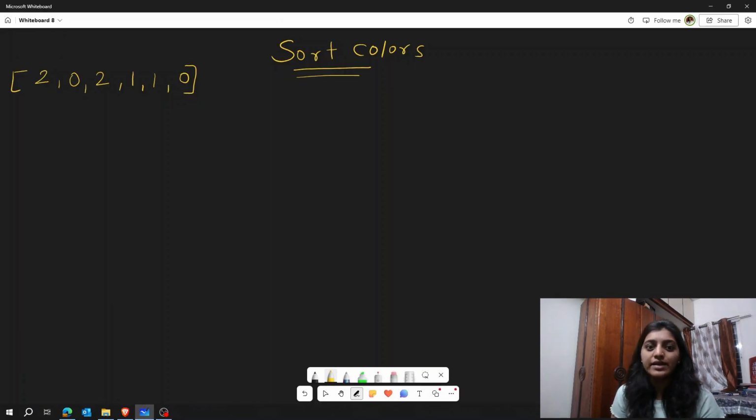So this is the input given to us. Now this is a very famous problem of sorting colors. Sometimes they will directly give you three colors, red, black and white, and tell you to sort them. Sometimes it will be just numbers 0, 1, 2 and you have to sort them in some specific order, like ascending order, 0, 1 and 2, or 2, 1, 0. It can be in any format. This sorting of three elements is a very famous problem and it is called the Dutch flag algorithm. If you are able to solve this problem, then you can understand what the Dutch flag algorithm is.